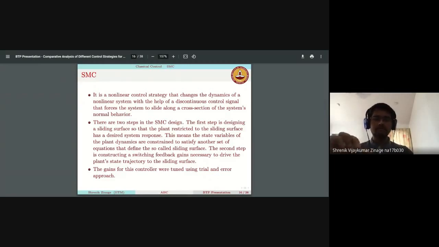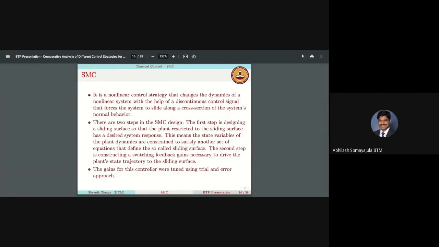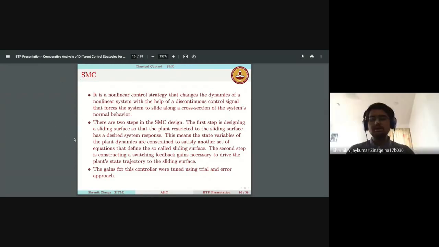So say you are at a particular sliding surface and you go out of it, the second step would make sure that you stay on the sliding surface. So that is how sliding mode control works. Now I know that I have not explained sliding mode control properly, and it's a big method to explain. So maybe you can refer to my PDF or I can explain it if anyone is interested. So is anyone interested in knowing the science behind sliding mode control? I think a little bit more information would have been useful, but if it's not in your presentation, then please proceed forward. So the gains for this controller.